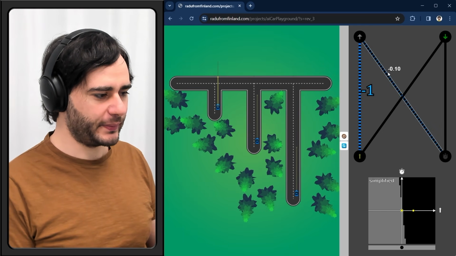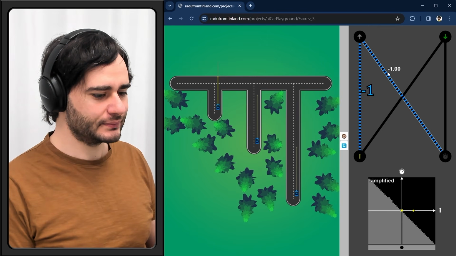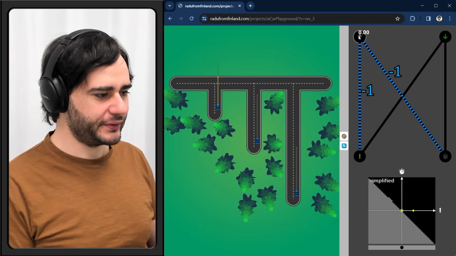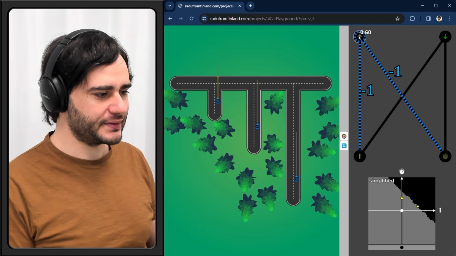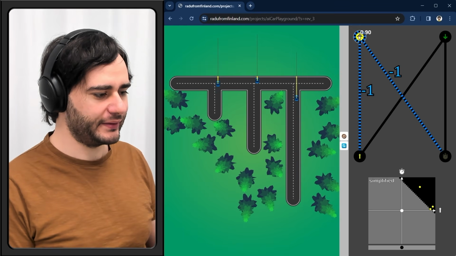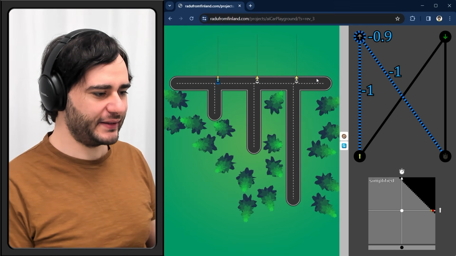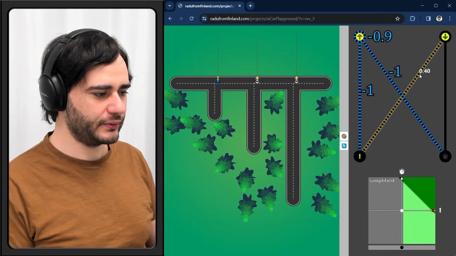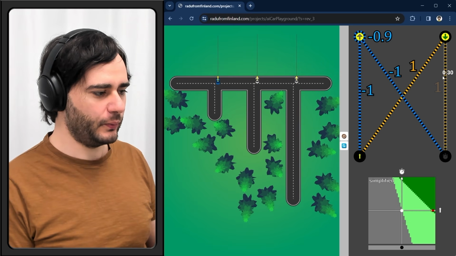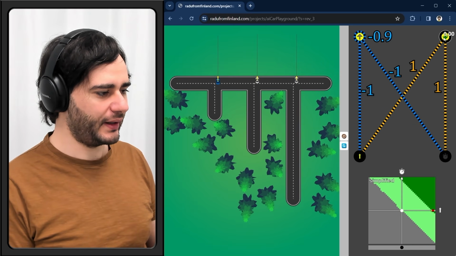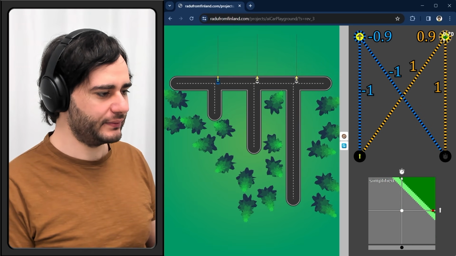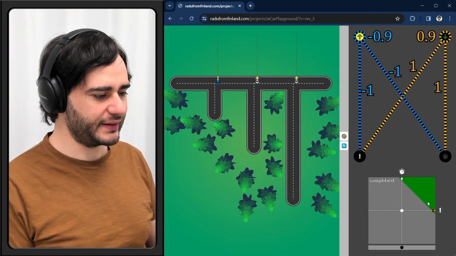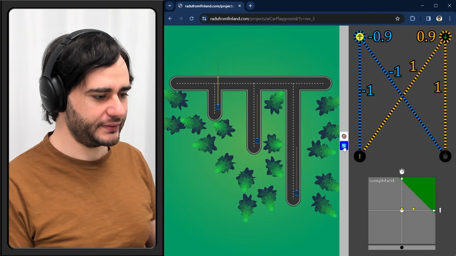I'm going to set this weight here to -1. This one also to -1. And up here, the bias -0.9, like this. Now, this by itself crashes 2 of the cars, but if we also go on the right here and put the weight of 1, and 0.9, essentially filling this remaining space, and restarting the simulation,